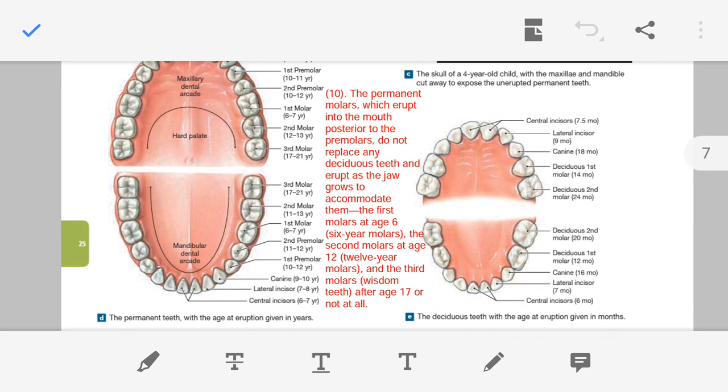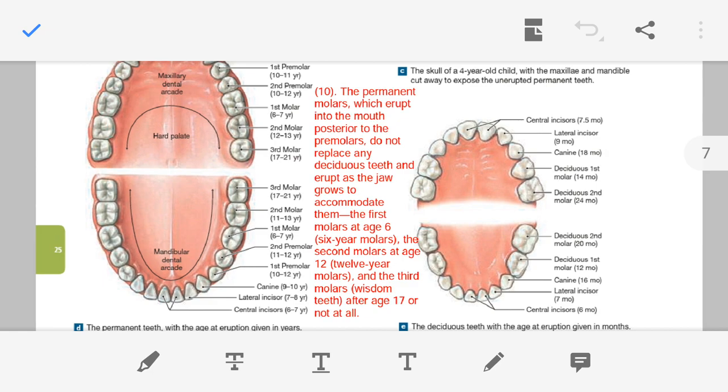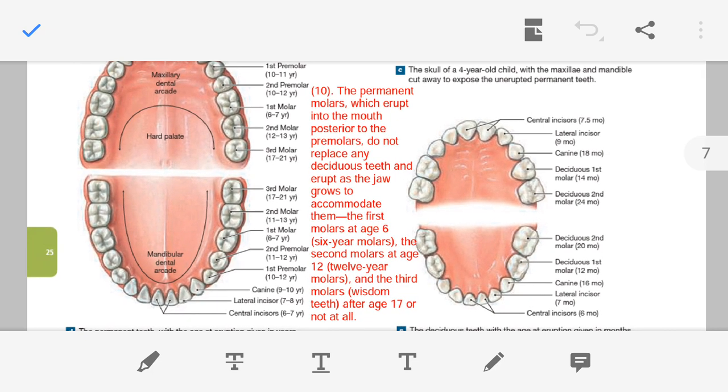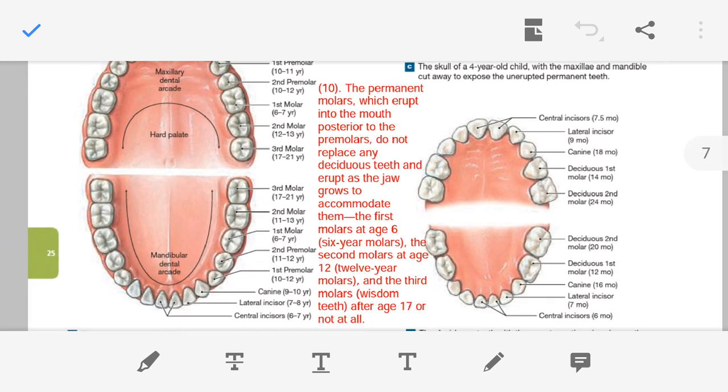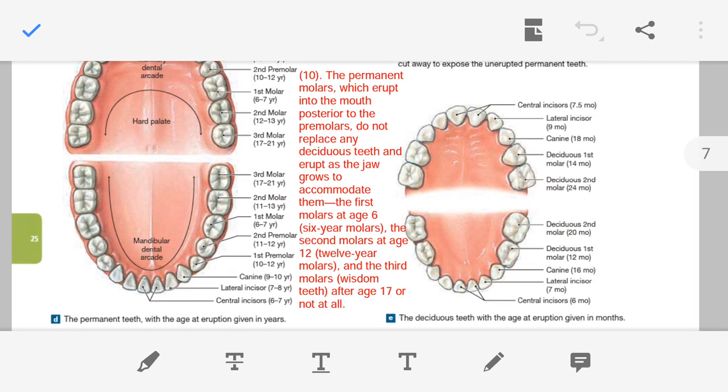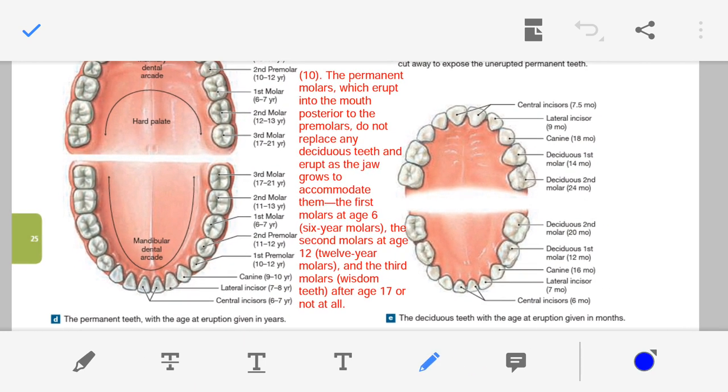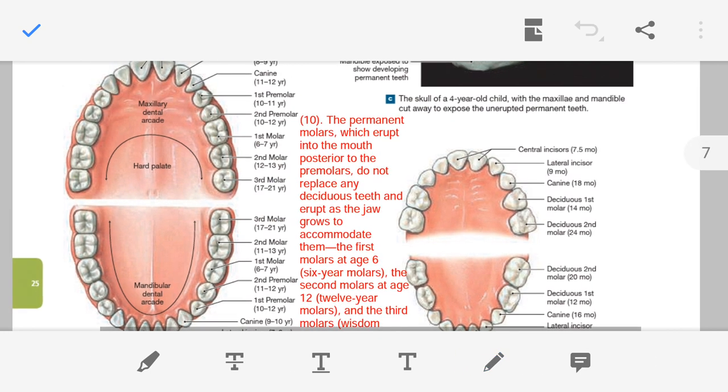Now moving on to the 10th point of our discussion. In this point, the permanent molars erupt posterior to the premolars, and they are not replacing any deciduous teeth. What is the meaning of this? See,